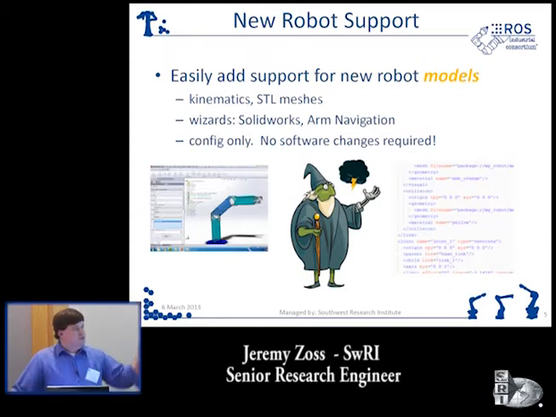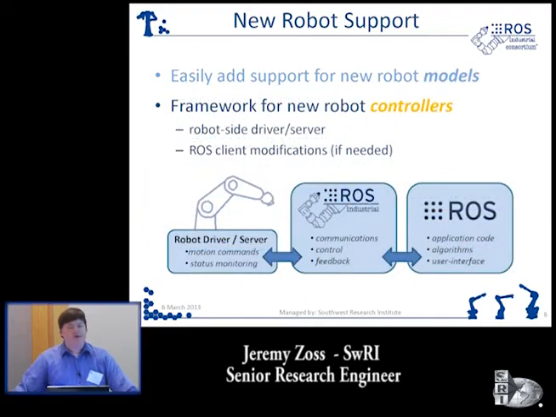You saw in Sachin's movie, the step that walked through the ROS wizard and the SolidWorks wizard is about the same level of effort. So I would say to bring in a new robot model from an existing manufacturer we already have drivers for is maybe a couple-hour process at the top side, and you just have to do that once and then you're set. So that's pretty straightforward if you have a robot by one of those manufacturers and you just need to add a new model. If you have a robot from a new manufacturer, say a KUKA robot,